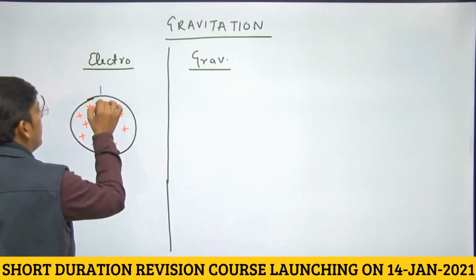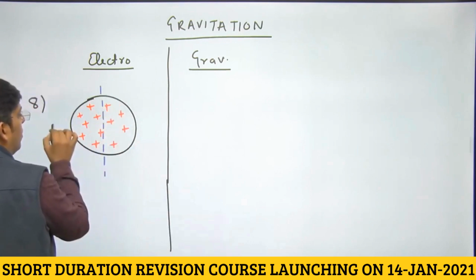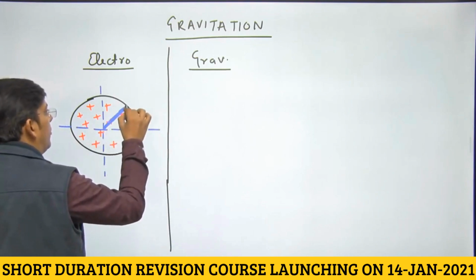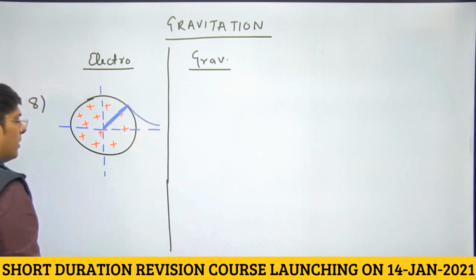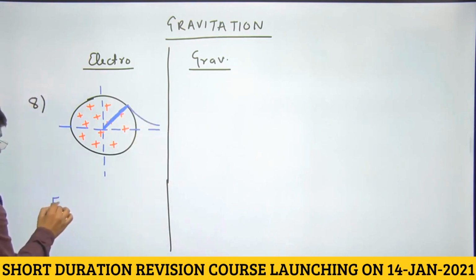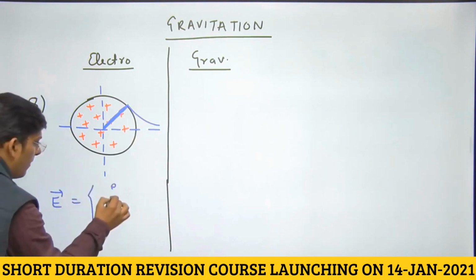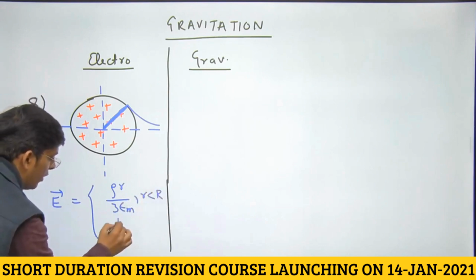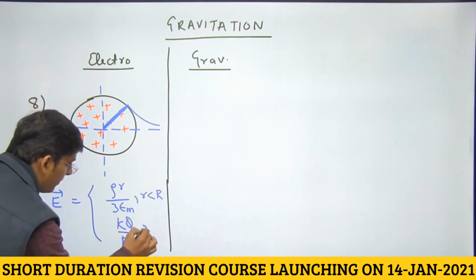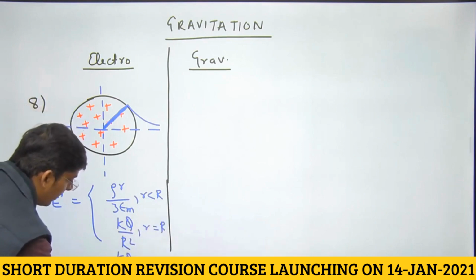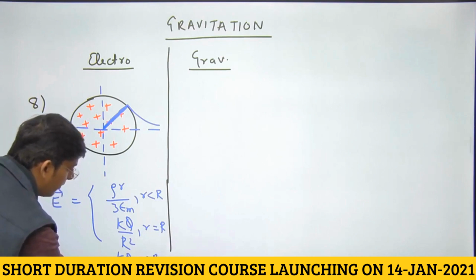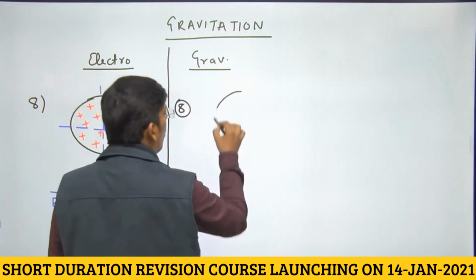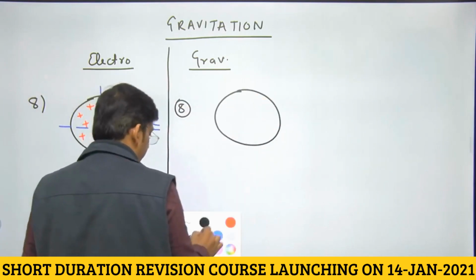That is what we have done for acceleration due to gravity, because Earth is also a solid sphere. So this is the plot. Increases as we move to the surface, decreases after that. So electric field intensity is given by rho r by 3 epsilon naught, right, inside, kq by R square at the surface, and kq by small r square outside. Right, dear students? So if we have a solid sphere like Earth, how do we plot the graph of gravitational field intensity?